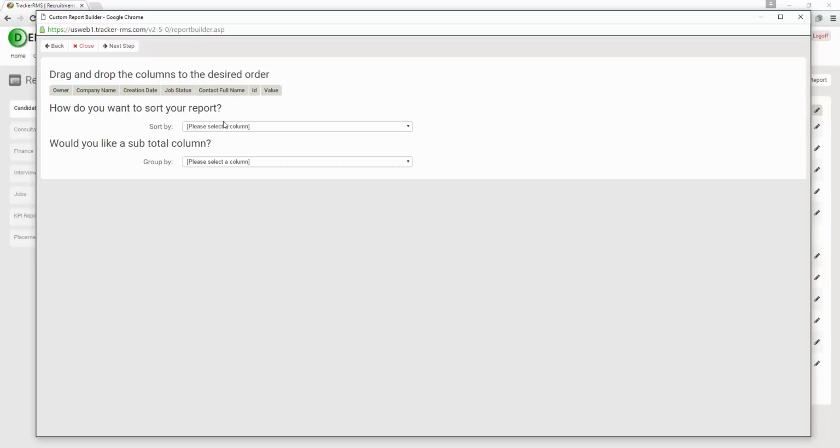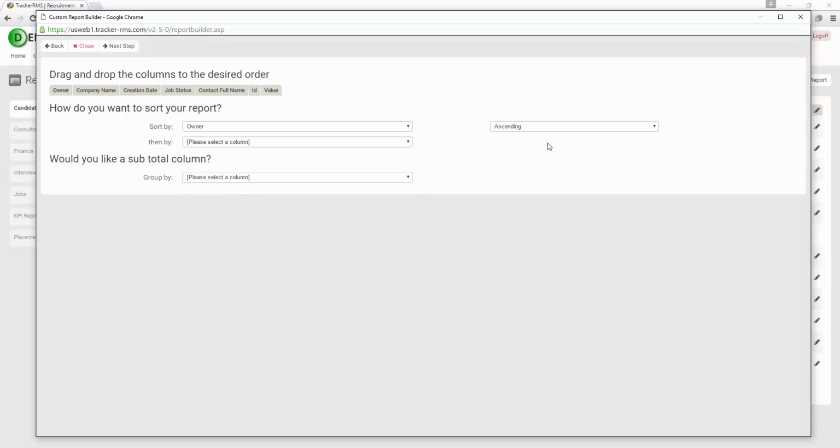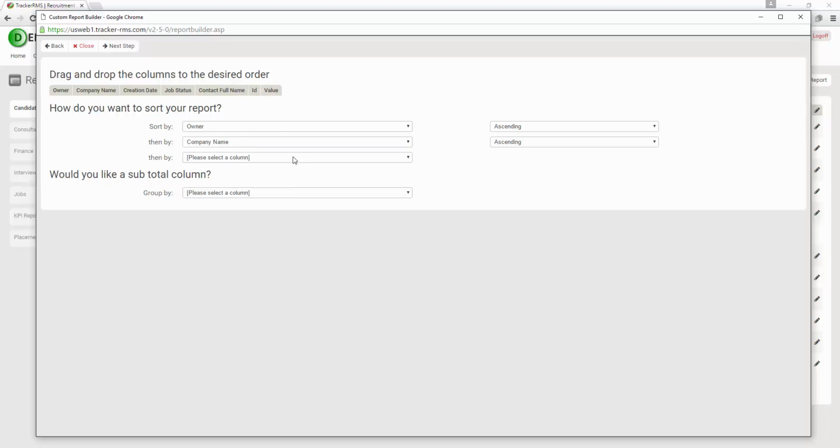Now I can also choose how it's sorted. So I could say first I want it sorted by the owner in ascending order. Next I want it sorted by the company name. And then I want it sorted by the creation date. So I can sort just like I would in Excel or any